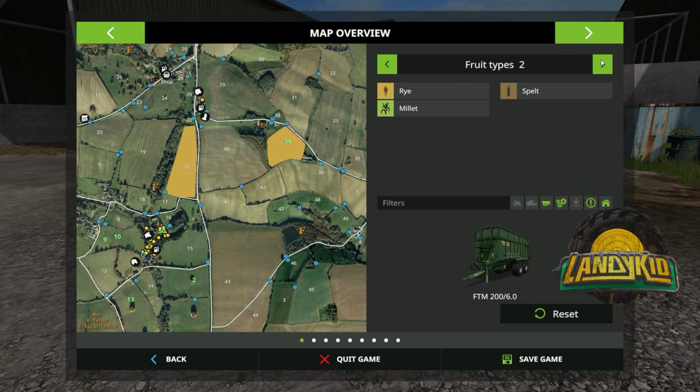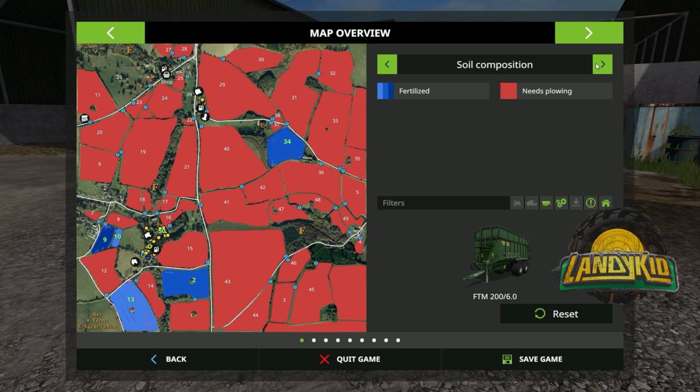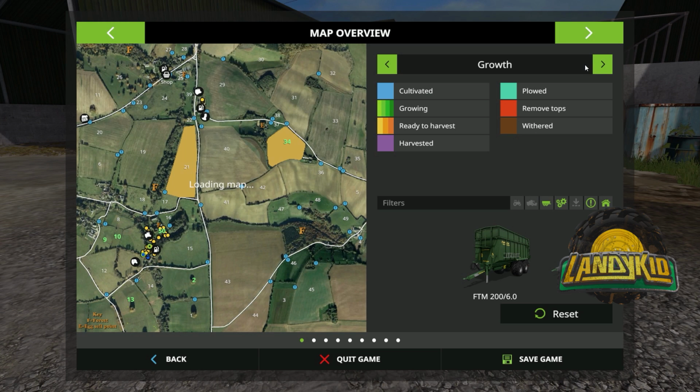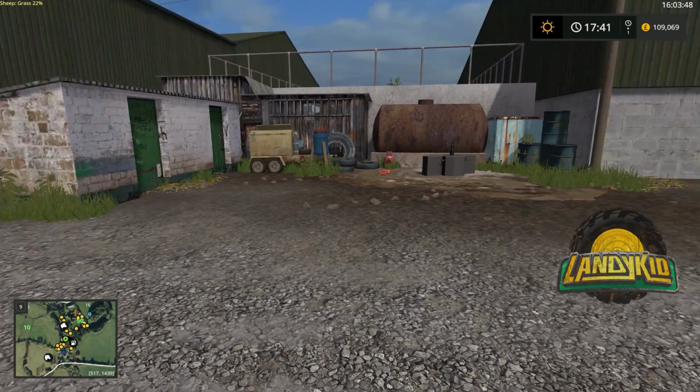Alright, let's go up to field 34, check that out. What do we have in there? Rye, I believe. Yes, first field of rye ever. It's kind of on the lighter blue, but I think it'll be fine. And as far as growing, yeah, one fast time and we'll be good to go. Down there's not even started to grow. We'll probably spread some lime down there as well with the